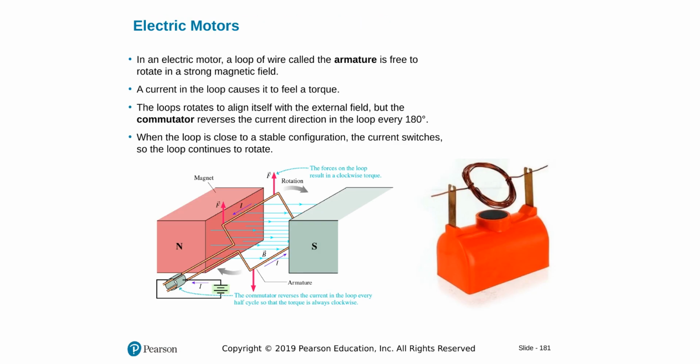Electric motors work on this idea. Magnetic fields rotate a current carrying loop, because a current carrying loop will have a mu. This picture here is a symbolization of it. If I have a mu, and I apply a magnetic field to the right, it will rotate to align with that magnetic field, and we can use this idea to generate motors. This figure is showing that, and this is a